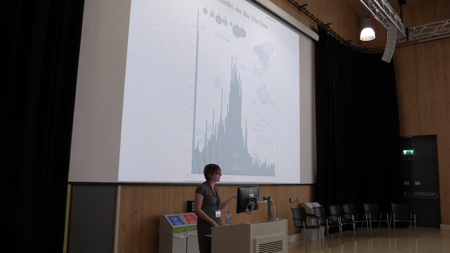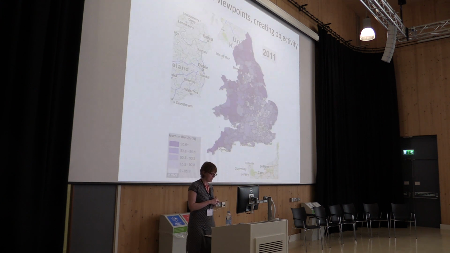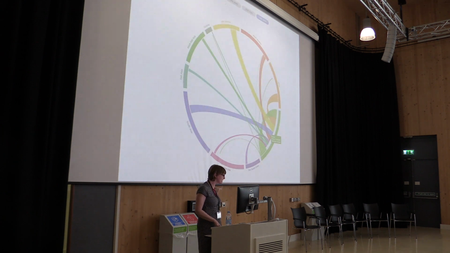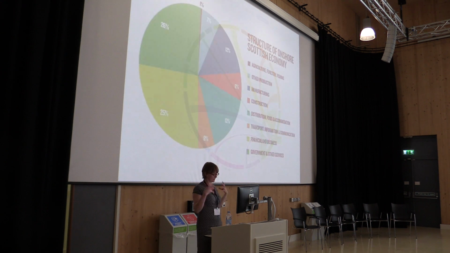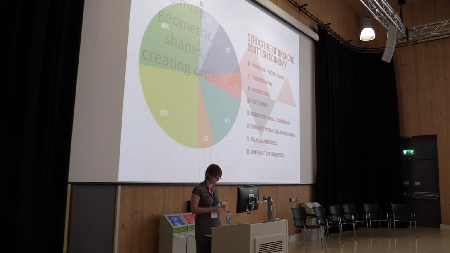So the conventions that we talk about in that paper include two-dimensional viewpoints, which create a sense of objectivity, either through top-down views as in maps, making it possible to see the whole nation as if we were everywhere at once, godlike, and that's a phrase from Gunther Kress and Theo van Leeuwen, esteemed visual communication scholars. Or you might also say that about chord diagrams, back to the global flow of people again, or even pie charts. They all encode this godlike view and create a sense of objectivity.